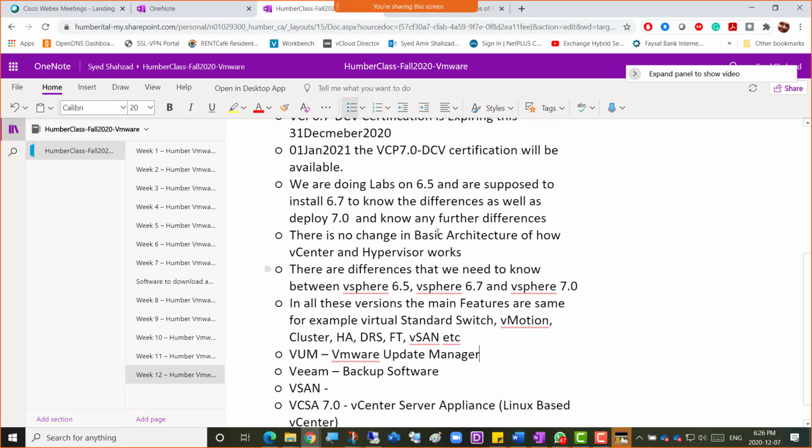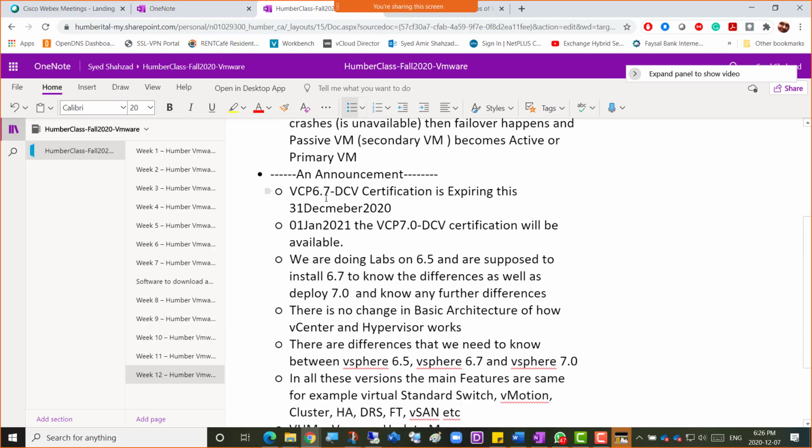Now guys, what I told above, that your VCP 6.7-DCV certification is expiring this 31 December. If anyone is preparing already for 6.7, then let me know. Otherwise we should not get vouchers before 1st January, because any voucher launched now, if I request VMware for the 70% discount exam voucher for you, any voucher before that is actually only good for 6.7.